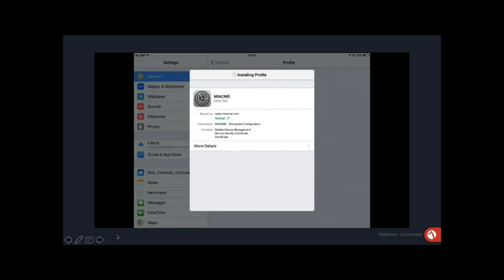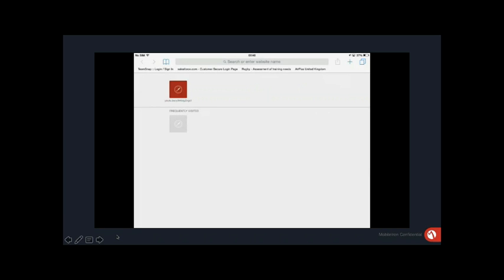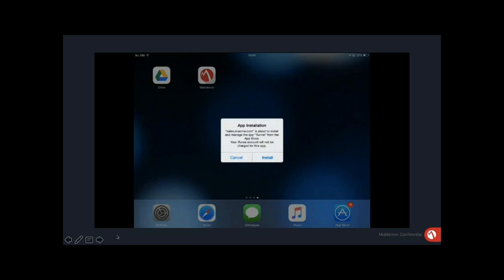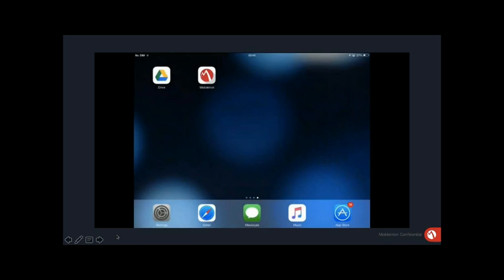We have the device management installed. Now what's going to happen as a byproduct of that is, because of my role, I now have a number of applications assigned to me that I can start having pushed to my device, and that process should start any moment now. We're going to see a number of things coming through on the device, and a number of things that we're not going to be discussing today.